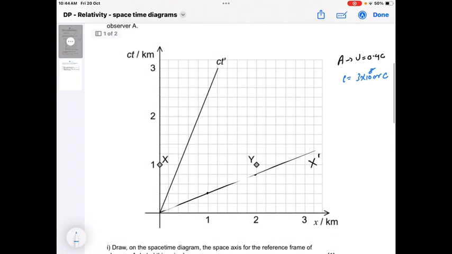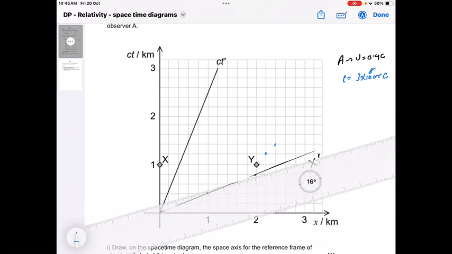To plot a C line, which is a 45-degree line with the horizontal. So, from x and y we first plot the C line, and then we figure out how much time it is taking according to A's reference frame to observe both this length. So, starting from y, if I have to plot a 45-degree line, it will be 1 1 and it will be 2 2 over here. So, my 45-degree line will be